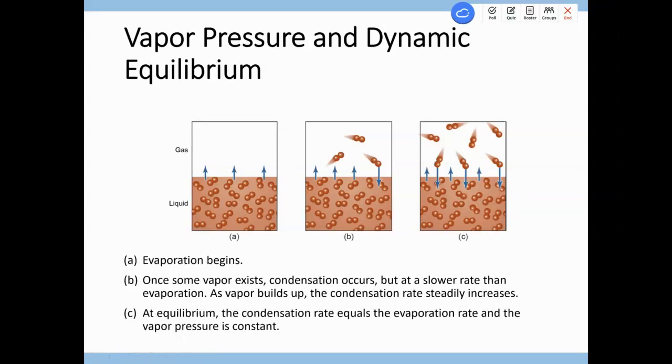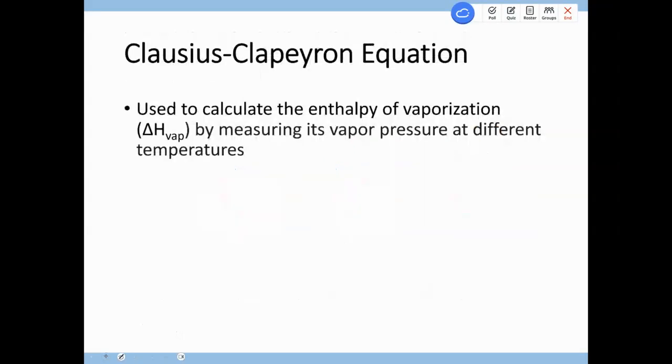All right. Questions on vapor pressure, or boiling point, or intermolecular forces? Okay. Then we are going to move to the